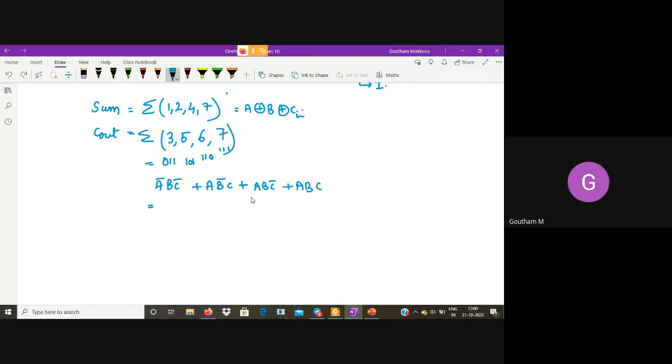Carry out is A, B, A XOR B, Cin. So Cin has to be taken common. So AB bar plus AB, AC.